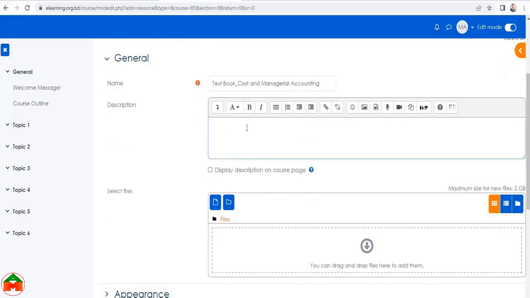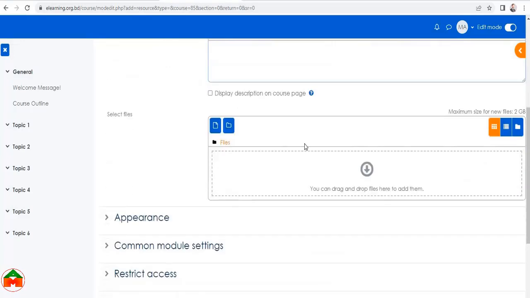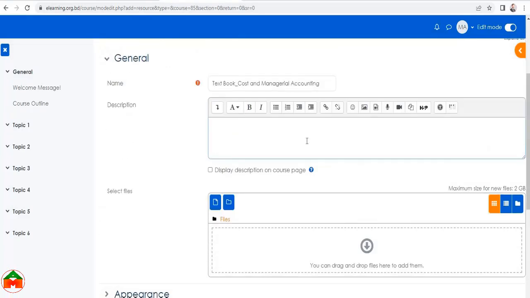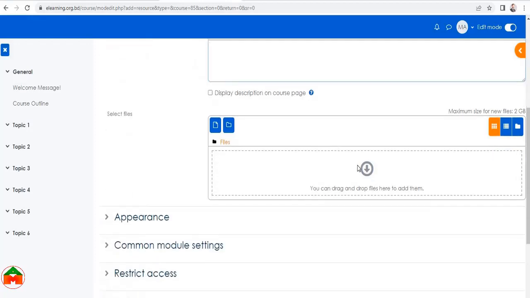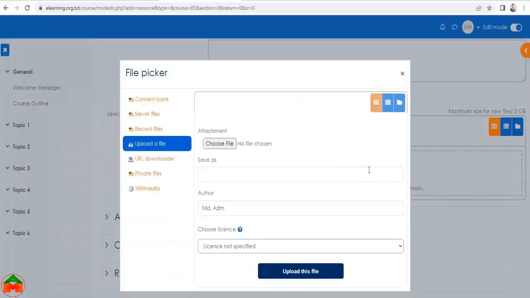You can write a description, but I'm keeping it blank because the course page will be shown as a simple page if I don't write any description here. But you can write a description, for example that you can download the book or anything. To keep the course page simple, you can keep it blank. However, I'm going to upload the book by clicking here, choose file,